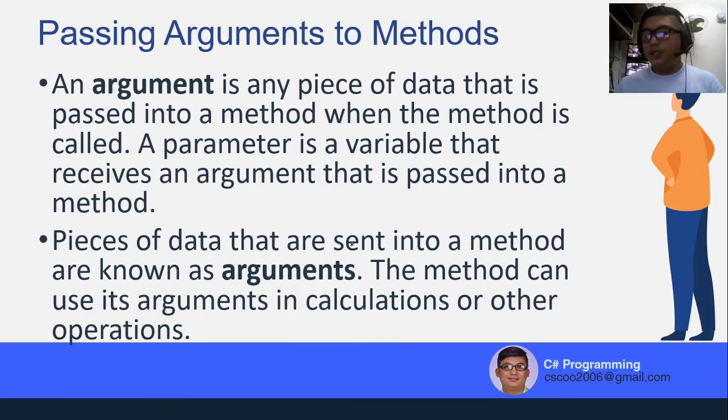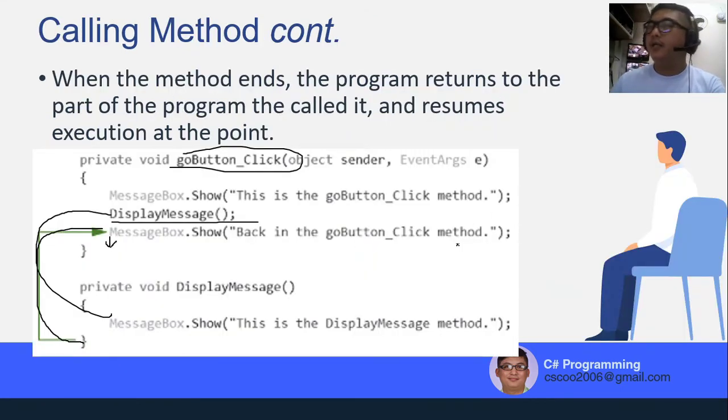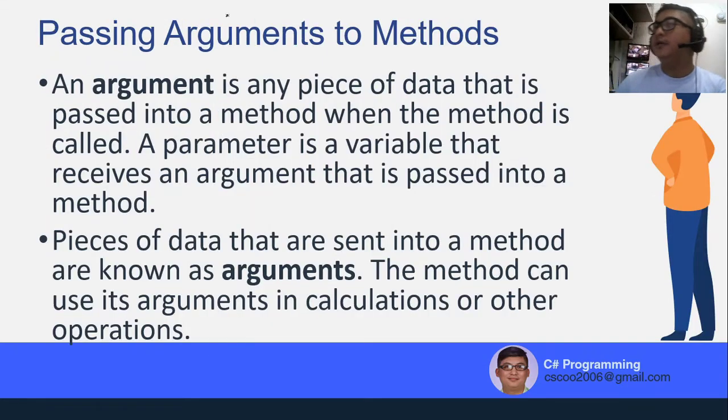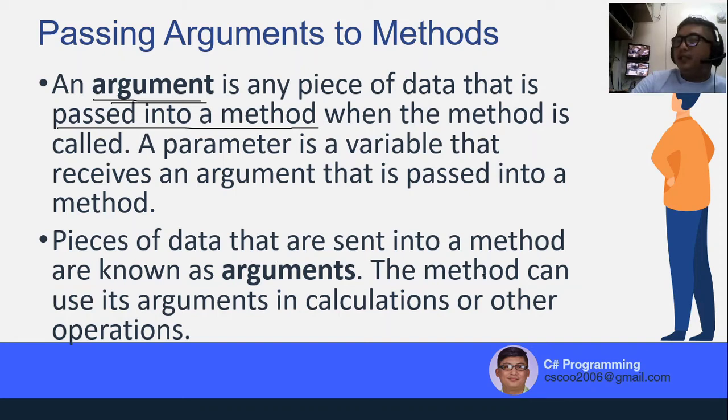Okay, now, kanina we have a method that void pero wala siyang laman. Okay, wala siyang laman. So kung gusto natin lagyan ng laman yan, we call that arguments. So an argument is any piece of data that is passed into the method. So when you call a method, you want to put data to it so that the method can perform a specific task using that data. So we put arguments to the methods. Okay? So a piece of data that is sent into a method is known as an argument. So the method can use its arguments in calculation or other